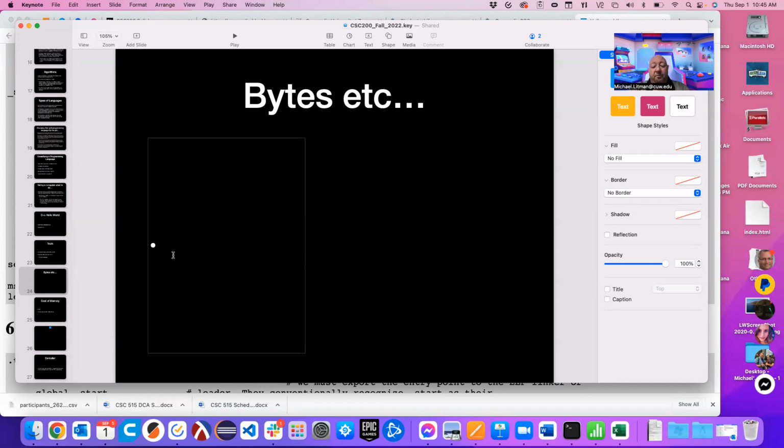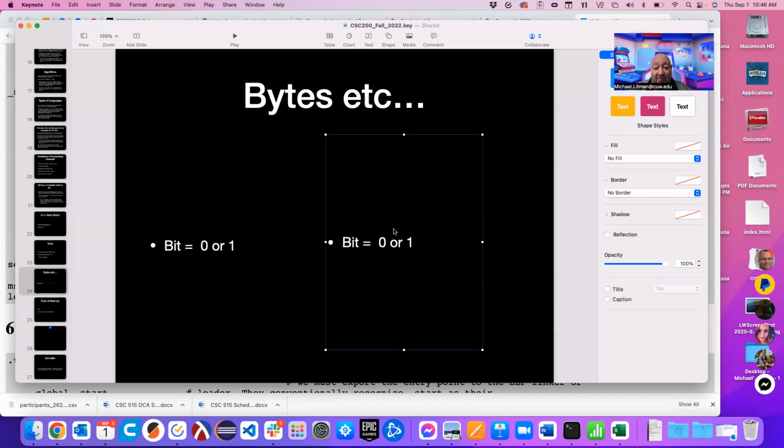All right, so we have a bit. What's a bit? Everybody know what a bit is? When I say something is 8 bits, what do I have? A 0 or a 1. That's what a bit is. So we have a second column here where we have a byte, which is 8 bits. That's how we convert from the left column to the right column.